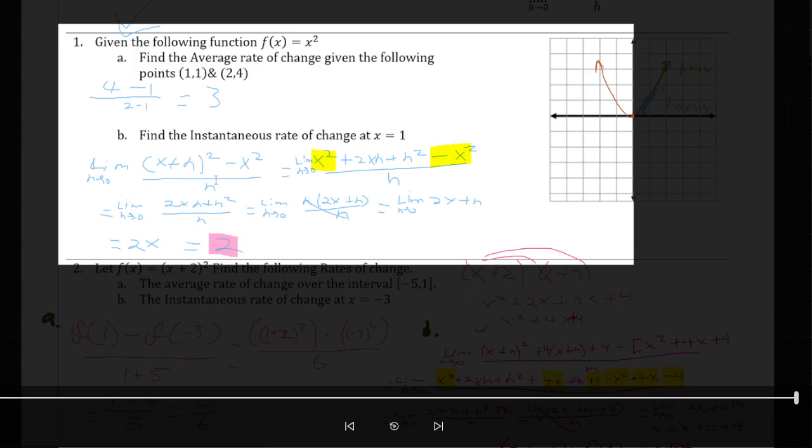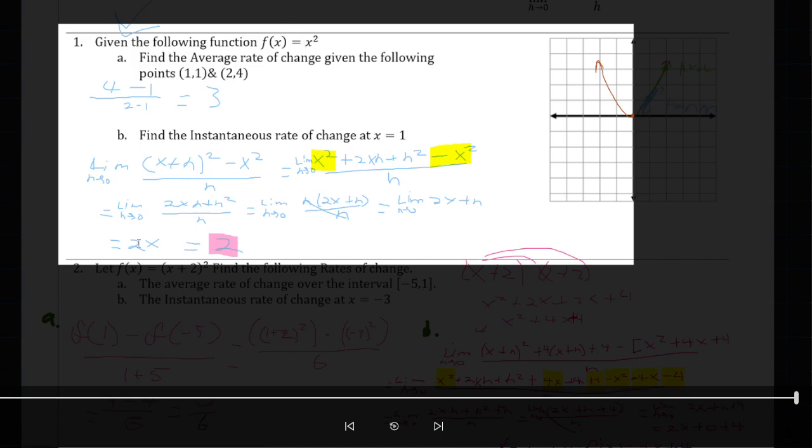And for part B, we're looking for the instantaneous rate of change, which is basically a derivative, but using the first principle, which utilizes limits. Here we can see our original function, x squared,